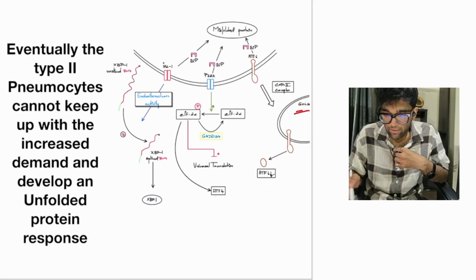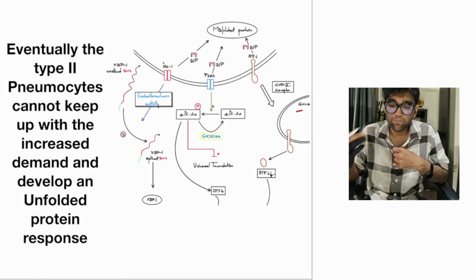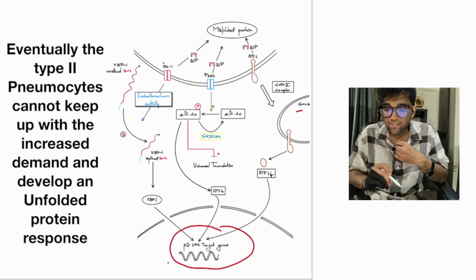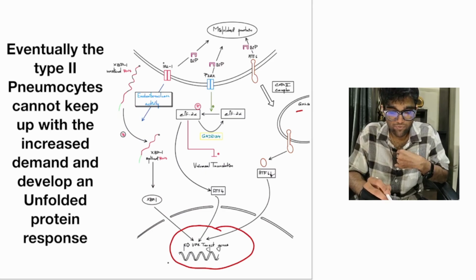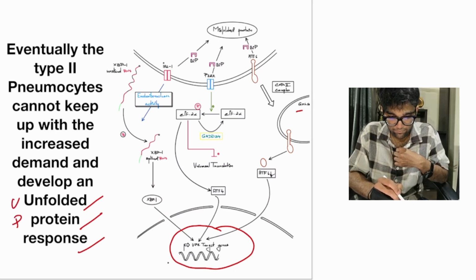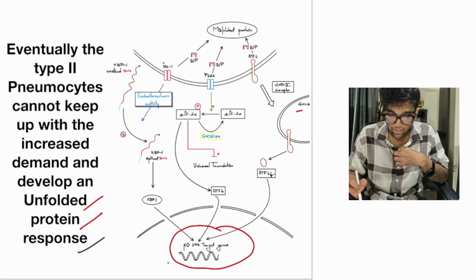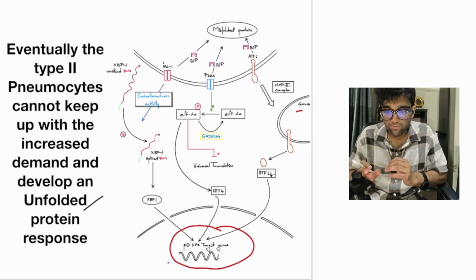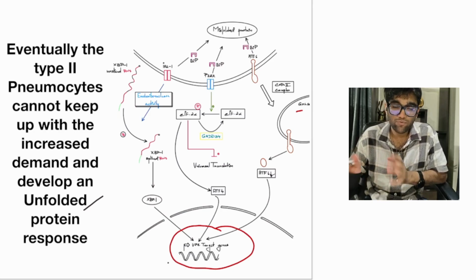Okay, so the final effect of this is that we've got three transcription factors being produced, and these then go and act on the target genes that are upregulated when you have an unfolded protein response. UPR stands for unfolded protein response. Now initially, when it is in small amounts, this is a self-limited process and misfolding stops, but